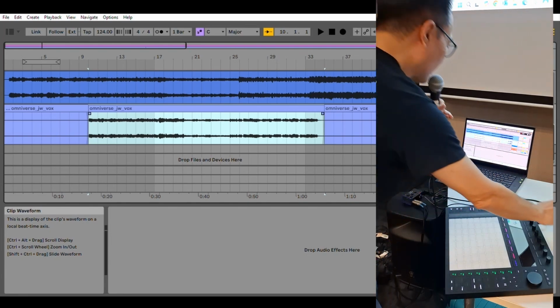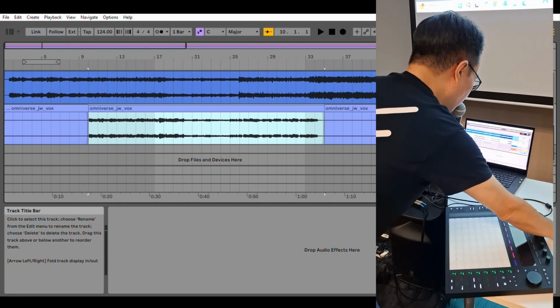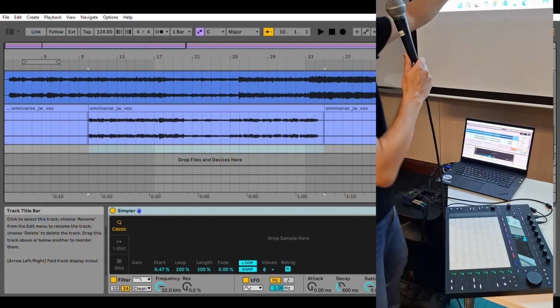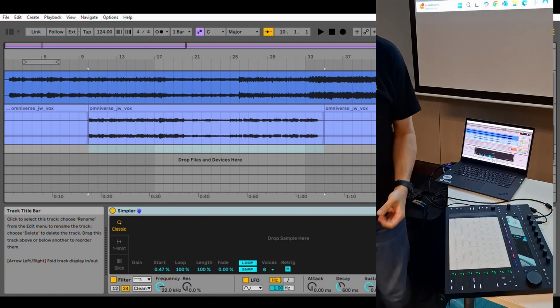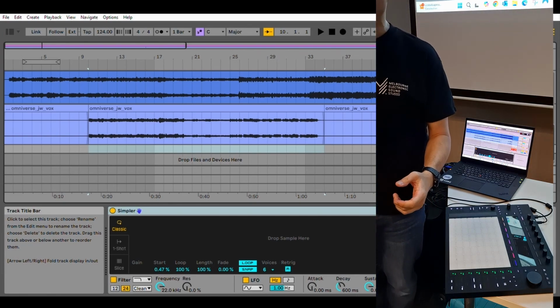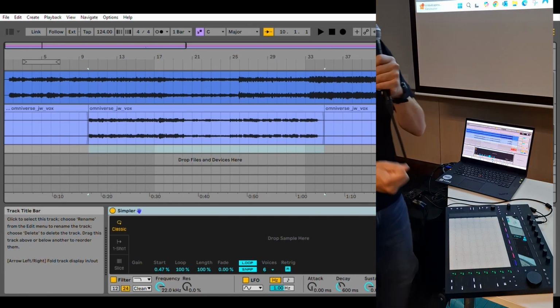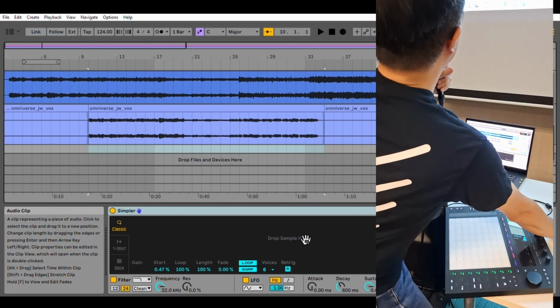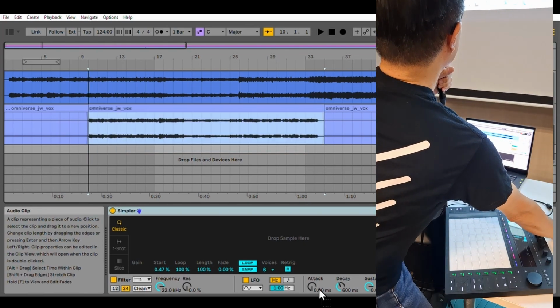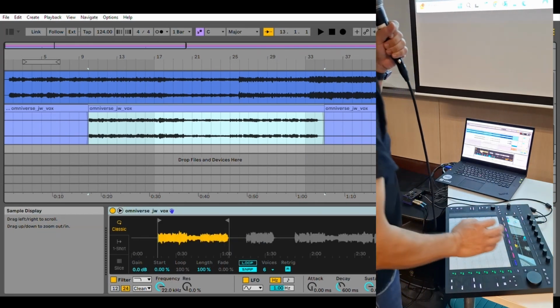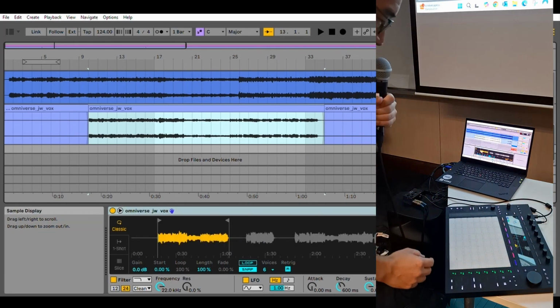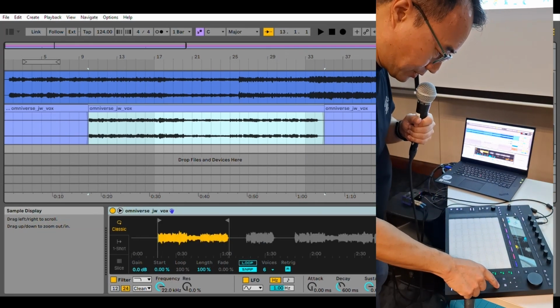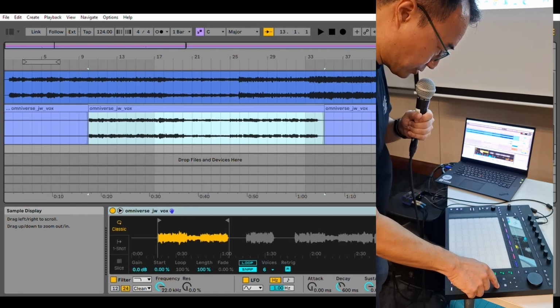But right now I split it so that when I go to Simpler, Simpler says, in the black thing, "Drop sample here." So what I'm going to do is drop a sample there. I'm going to take this clipped part and drop it in. Boing. Now if I just leave it here, I'm going to be able to do something quite silly, which is